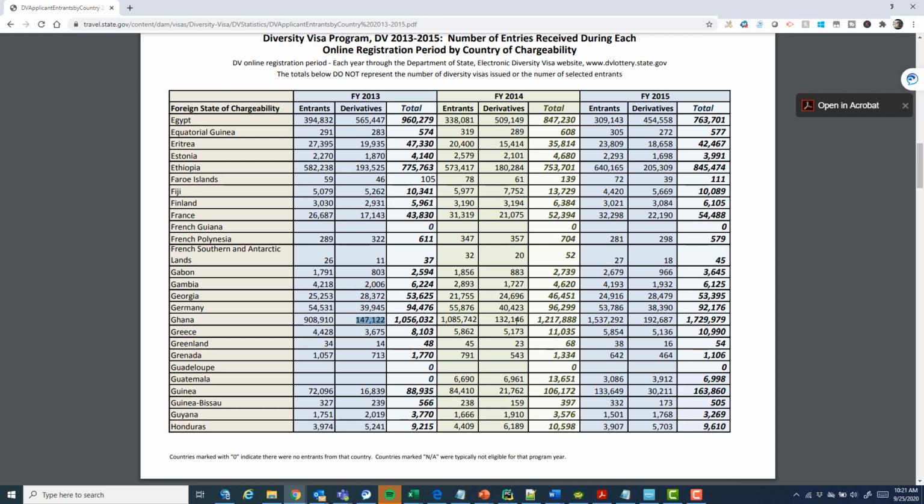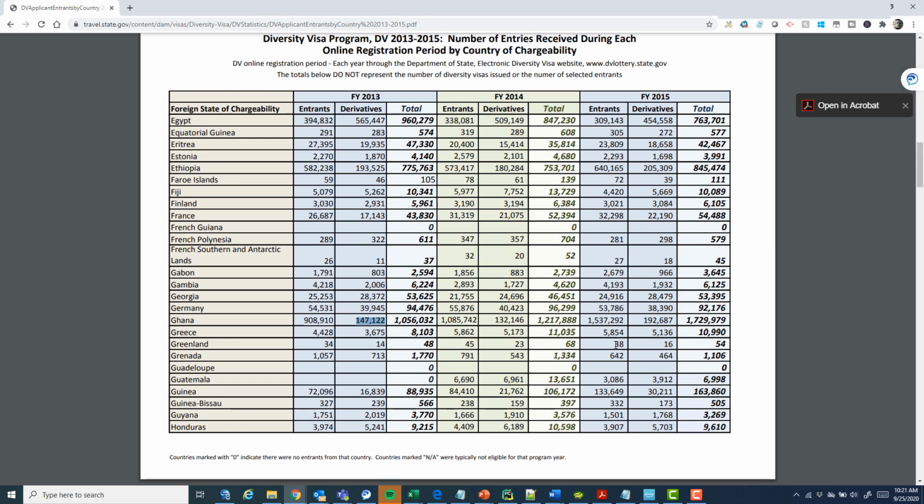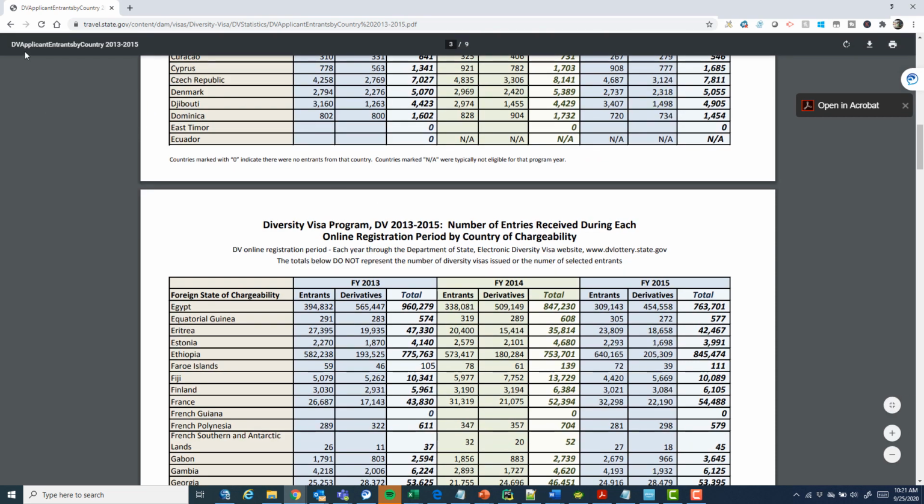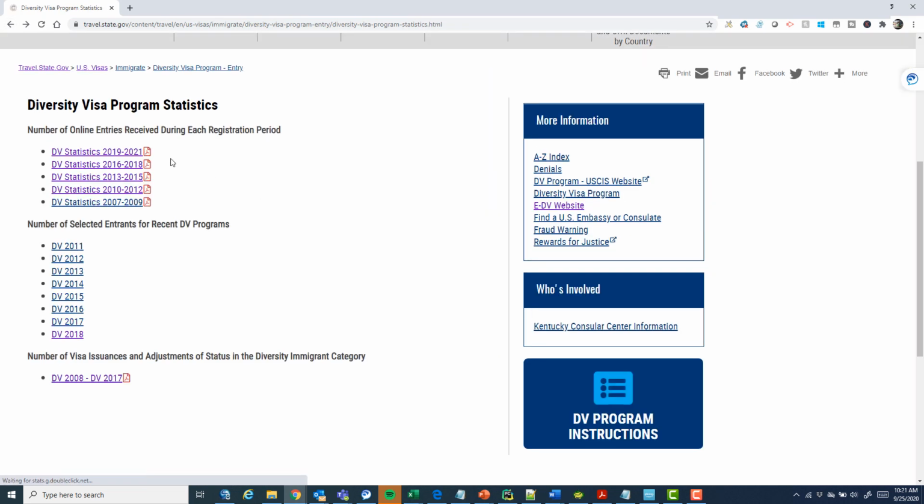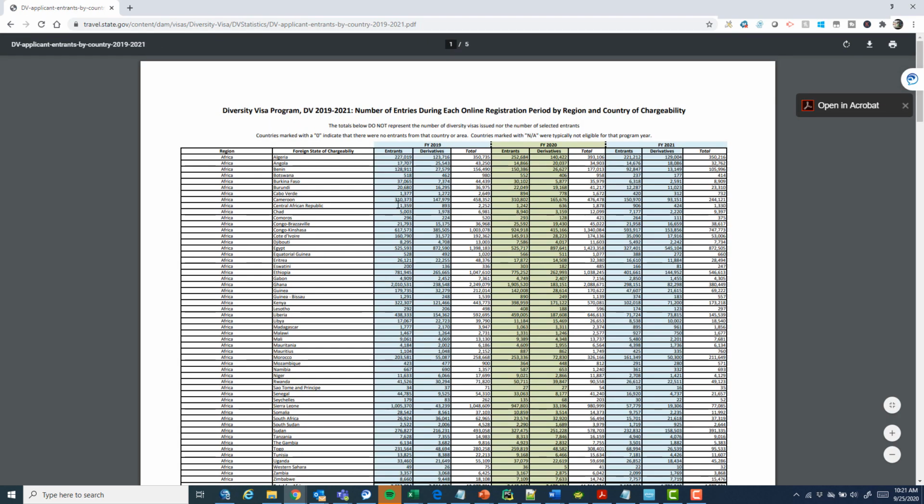1.085 million entries there, 132,000 derivatives again. It's not until we get to 1.5 million entries that we see an increase in the number of derivatives. So clearly there was something weird going on, and as I say, this data for years has been telling me information about some of the countries, and I've highlighted Ghana. I'm not picking on Ghana, but Ghana is the most obvious example of this kind of crazy, obvious fraud that's going on. And frankly, that's the sort of fraud that they were trying to stop with the new